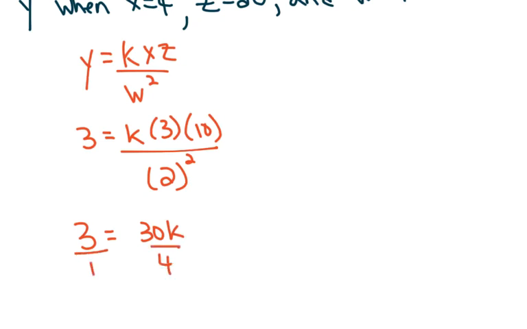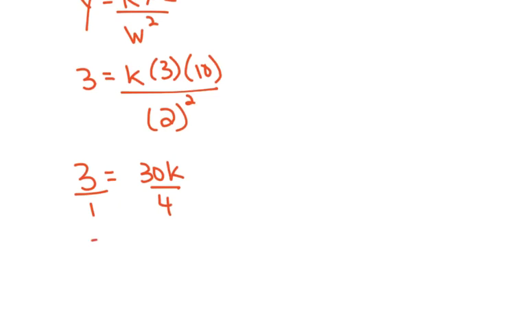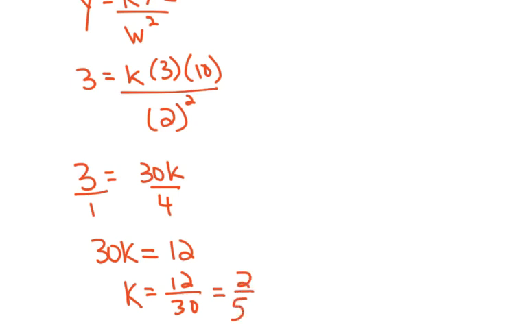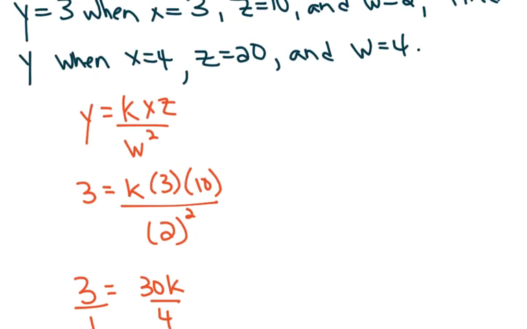This is just a proportion, so I'm going to end up with 30k equals 12. So k is equal to 12 over 30, which reduces to 2/5. Now that I know that k is 2/5, y equals 2/5 xz over w squared. Now we can go find y when x is 4, z is 20, and w